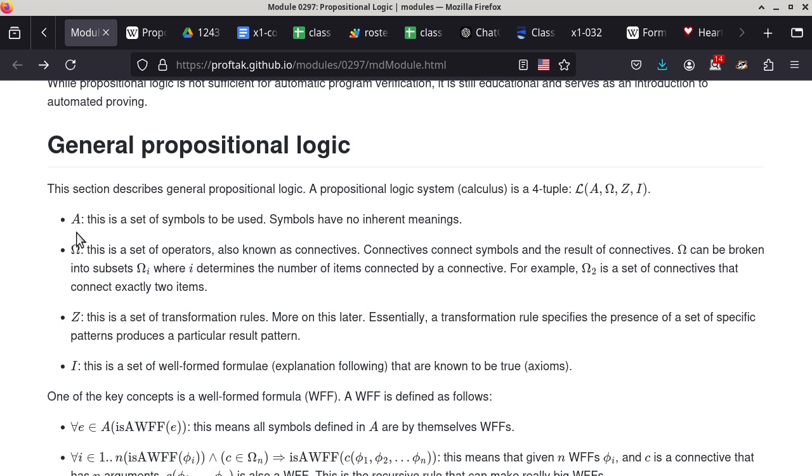So alpha has a set of symbols to be used, and symbols have no inherent meanings. All they are is just symbols. But there are three categories of symbols. This is where having